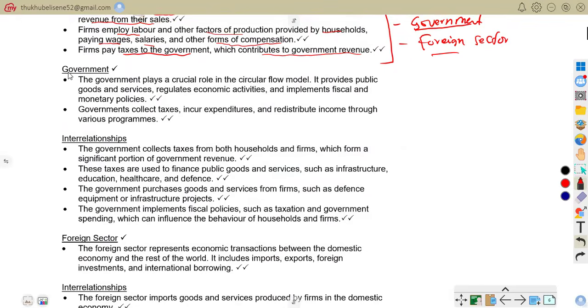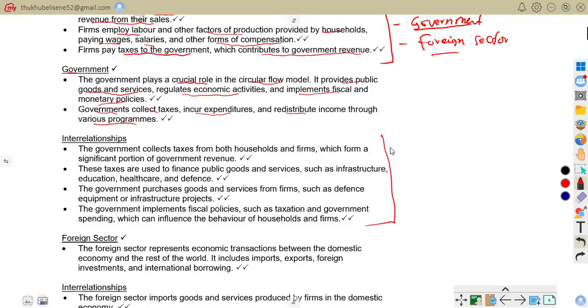Now under government, government plays a crucial role in the sector flow. It provides public goods and services, regulates economic activities, implements fiscal and monetary policies. Also, government collects tax and incurs expenditure and redistributes income through various programs. So now let us see how the government